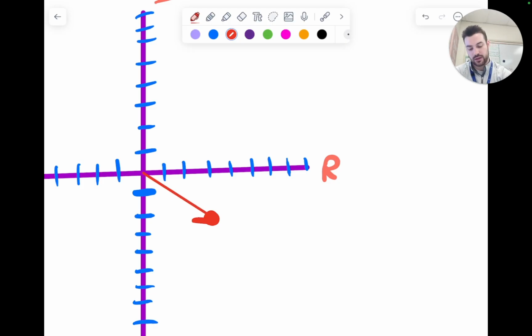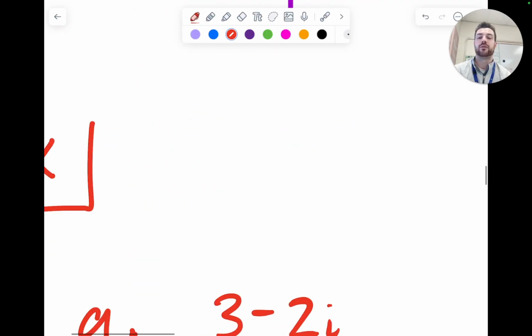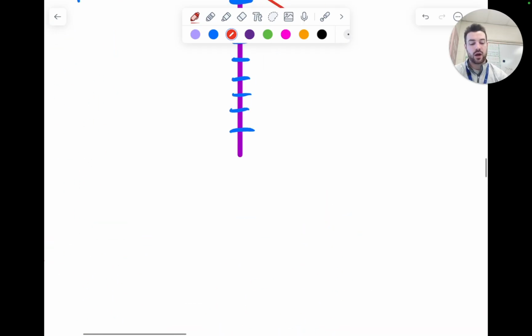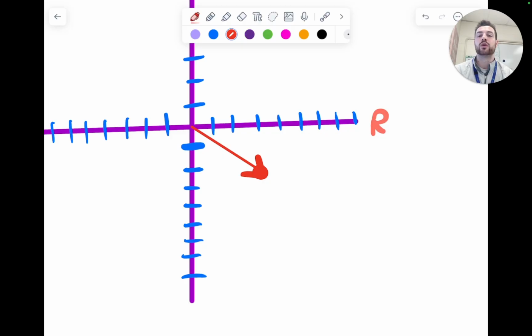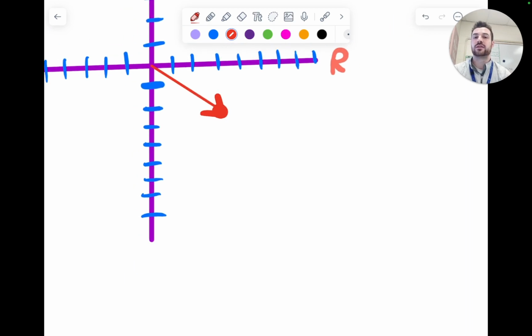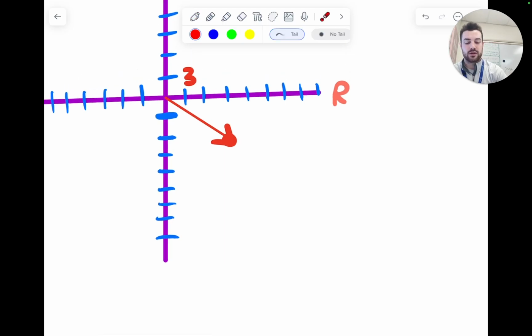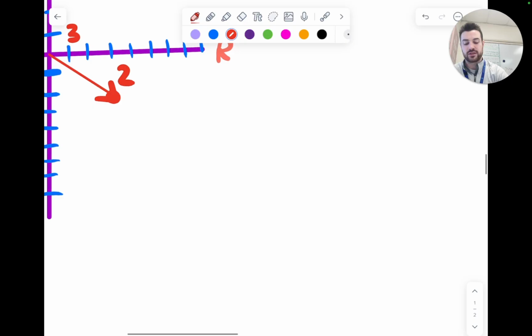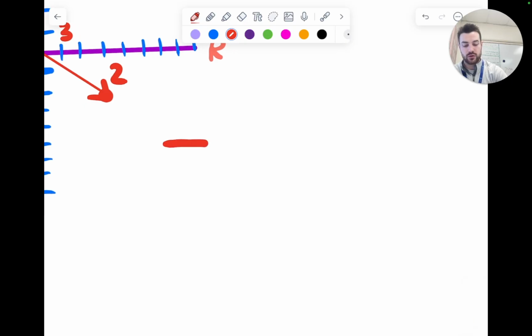And this is my complex number, 3 minus 2i. Now, if I want to find the modulus or the size or the length, what we need to think about is where this complex number came from. Well, what we did is we went 1, 2, 3 to the right, and then we went 1, 2 down. If I were to trace the same steps, we go 1, 2, 3 to the right, down 2, and that is how we draw